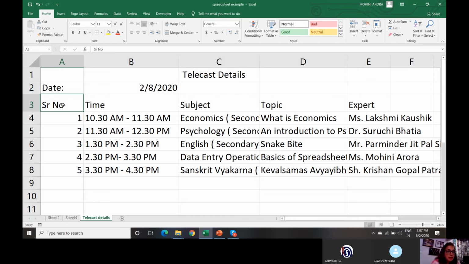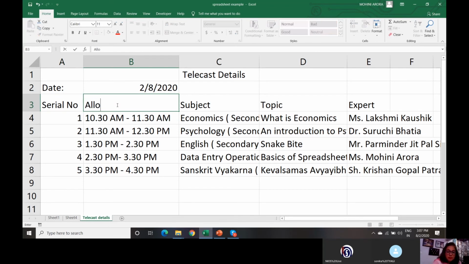This becomes the active cell now, and start typing. I want to change this. I want to write, say suppose, allotted time. Click and type. Right?